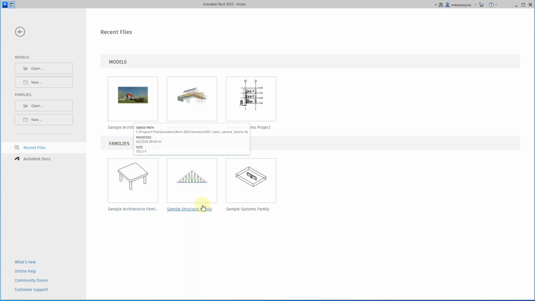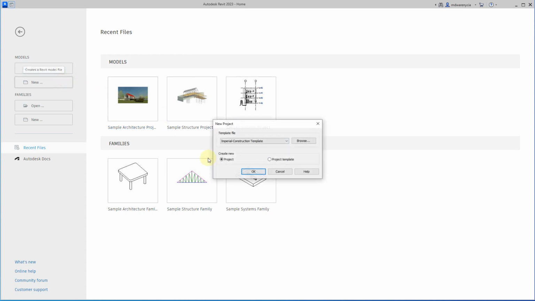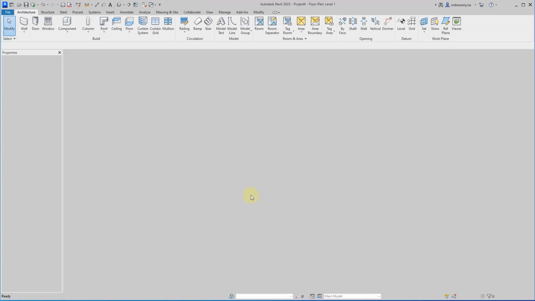Okay, so this video is going to be a primer on everything about managing the wall types. And so this is going to be kind of a deep dive into that topic. And this particular demo is going to be something that's critical to your success in using Revit as well as in this class. So just like all the other times, I'm going to start a new project, architectural project, hit OK,